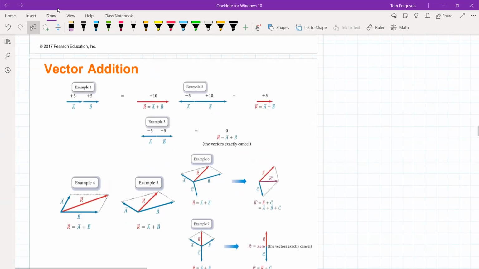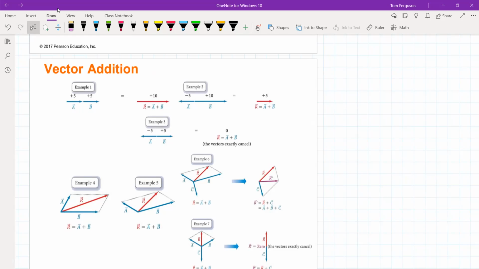Now, we talked a little about vector addition. Remember, vectors have both direction and magnitude, or quantity. And to add or subtract them, you've got to take apart their components. Then you add the components together, which gives you a net vector. The bottom line is,